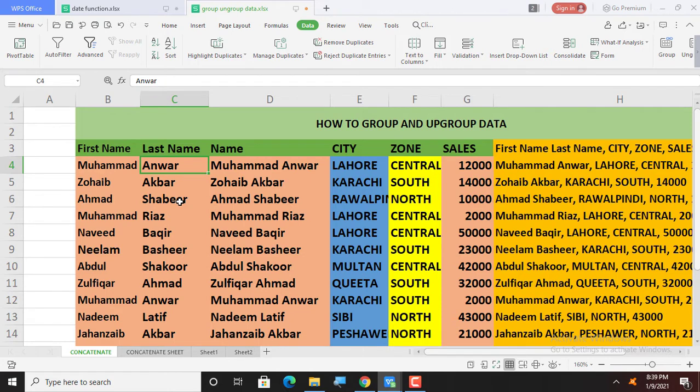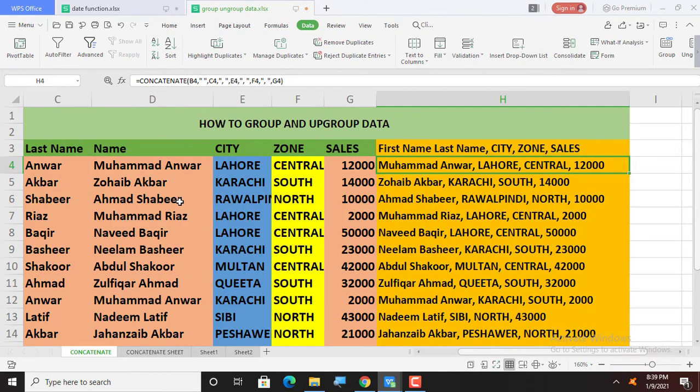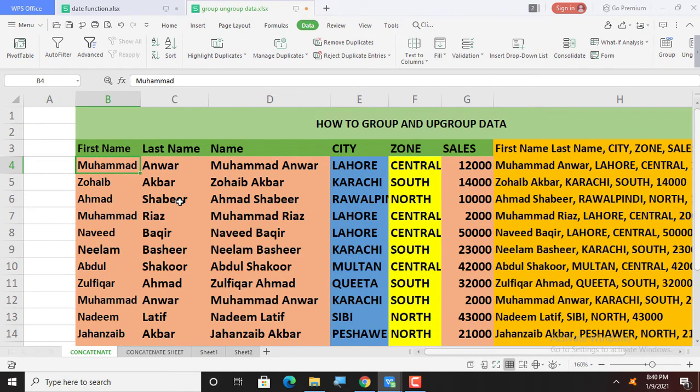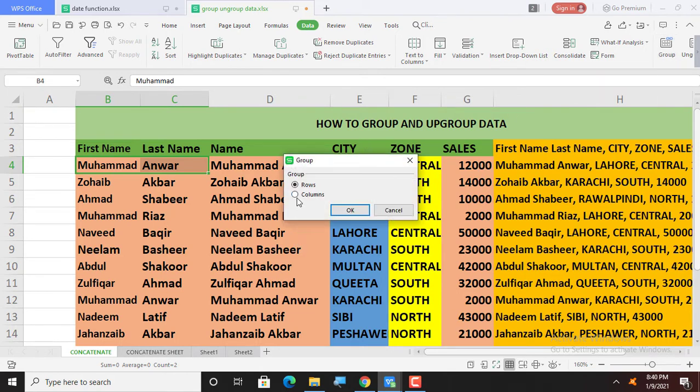Now if I want to group the data as per the columns, for example there is a first name, last name, name, Lahore, city and sales. If I want to hide first name and last name, as the complete name is showing in this table, I just choose the first and second column from any of the names, as I'm going to group the columns, so it's going to hide them. Select Columns from here and OK.